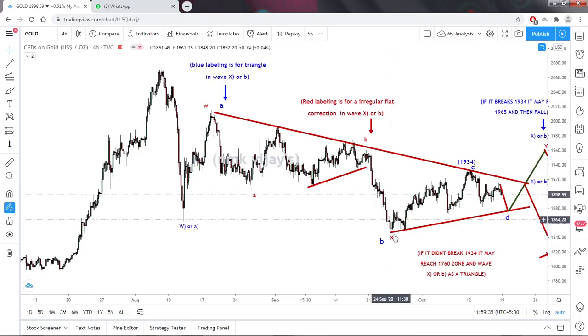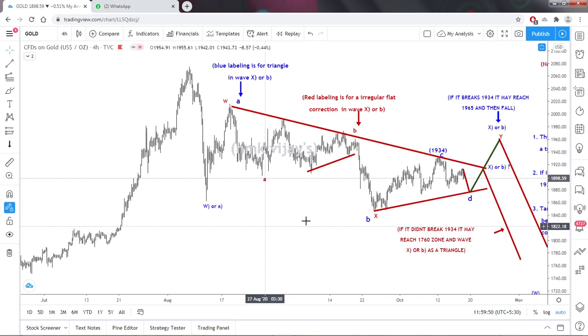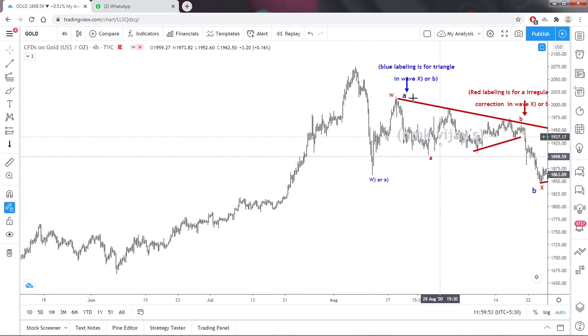Here also ABC got not a CD pattern in AB. If it is a 1, 2, 3, 4 and 5, 3 and 5 won't be in the equal range. So what I'm thinking here is just an idea. In previous, before this price action, this is a W, this is an X, or this could be an A or B. So I'm looking for that C wave, or A and B and C, to that 1760 as my target. But here, if I took this as a W, X, it means A is finished here.